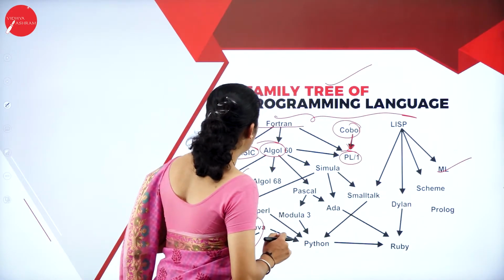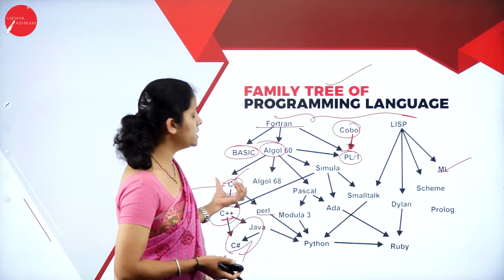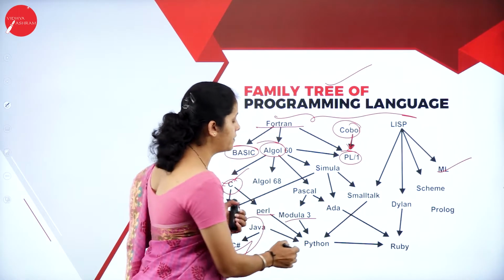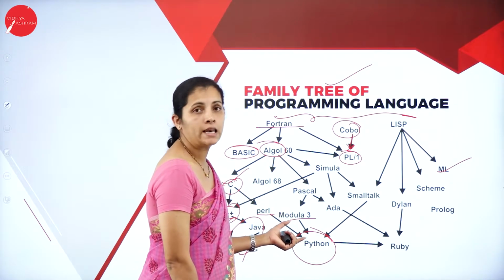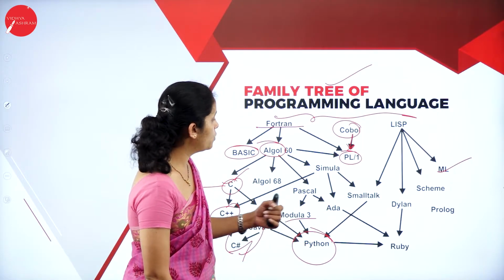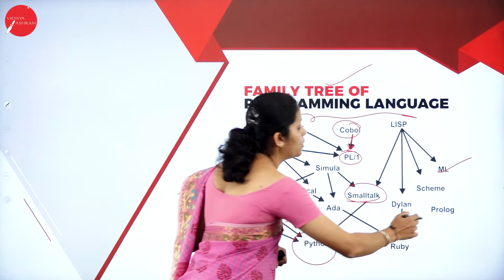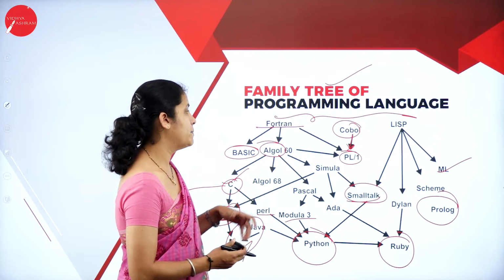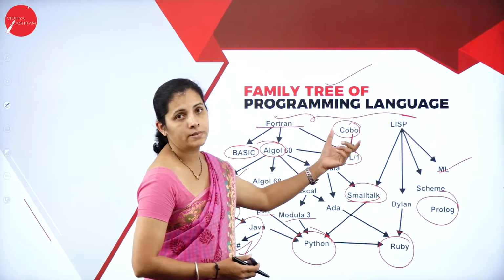Then here we are going to have Perl. That means Perl is also derived from the C program. And from Perl, Modula-3 and Java, we are going to have Python. So this is a complex programming language, and this is also an example of an object-oriented programming language. Then I'm going to have Smalltalk, Prolog, Ruby. These are some of the examples of programming languages, and these languages are derived from Lisp, that is